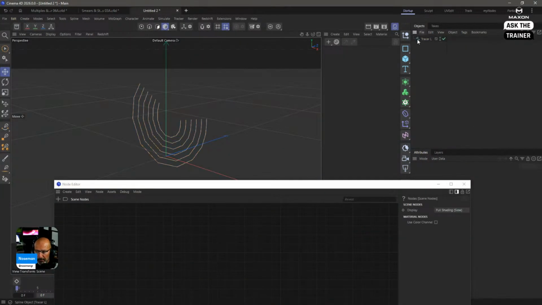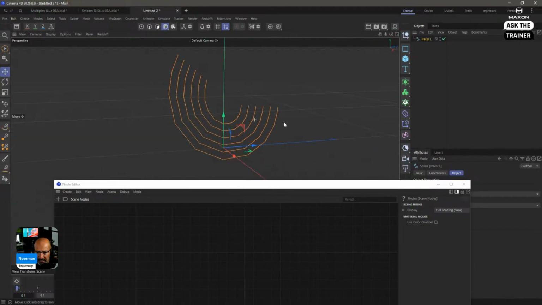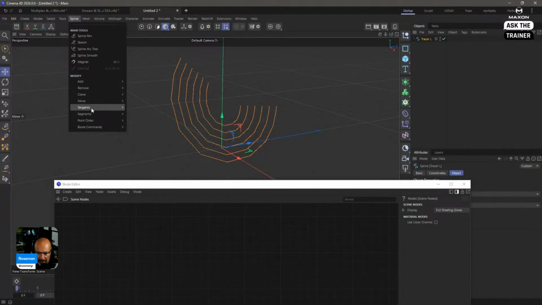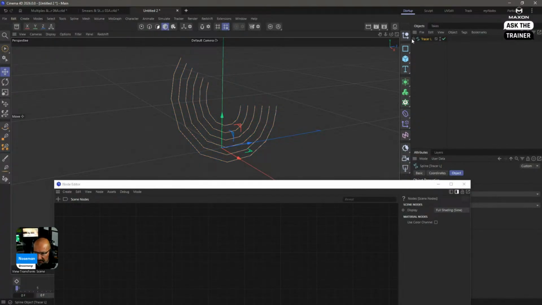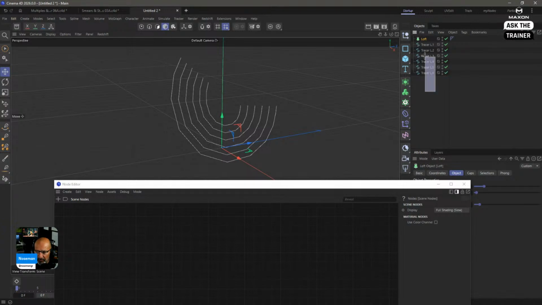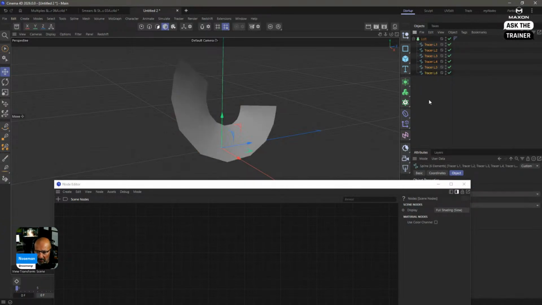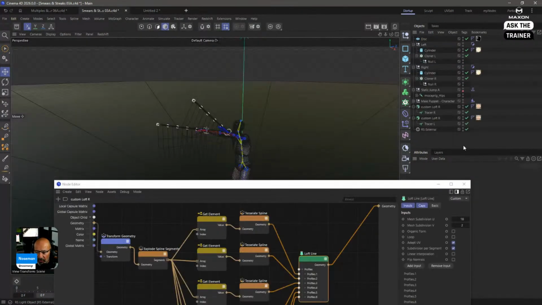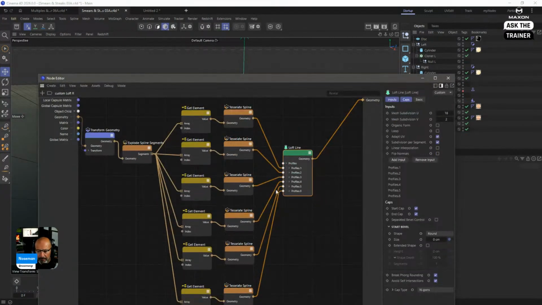So I have this. My nodal network is: take this, split them all apart, spline, segments, explode segments. Take all these segments, make a little spline and drag them in here. And now you have your thing, right? Everything is taken care of automatically. So that's all I had to do, but in a procedural manner.